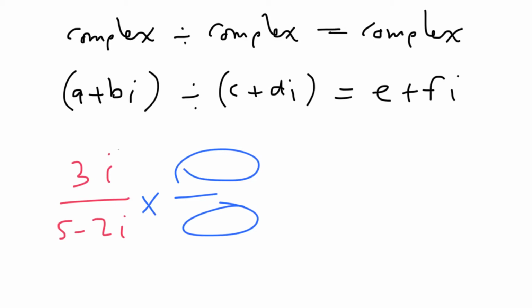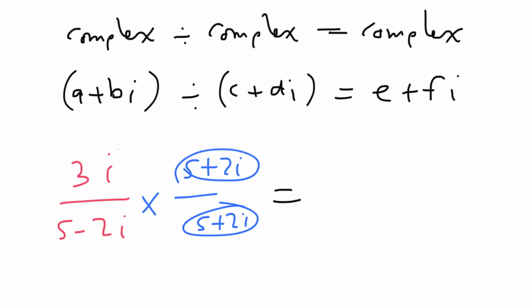So what should I multiply? 5 minus 2i. Exactly. The complex conjugate I just explained. 5 plus 2i here and 5 plus 2i here. Because when you multiply by the complex conjugate, of course, multiplication means up times up, down times down. We did this with fractions yesterday, remember? And in this case it will be